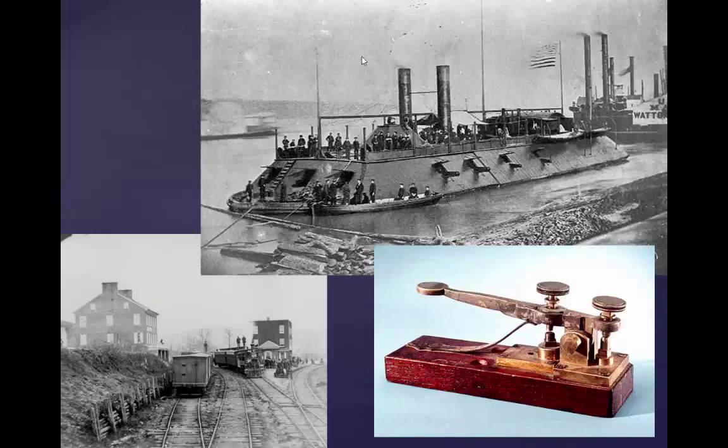So on this slide you can actually see some of these technologies. Right here you have one of these ironclad ships. You can see the armor and the big guns coming from the side. You get the smoke stacks right here, where the smoke comes out from burning the coal that ultimately powers the ship. Down here you can see the railroad lines, and why a railroad would be ultimately important. And then this right here is a telegraph. This is how they would push the button down, and they would have a code, a Morse code, that you could use and read. You could listen to the beeps that they would make with dots and dashes,